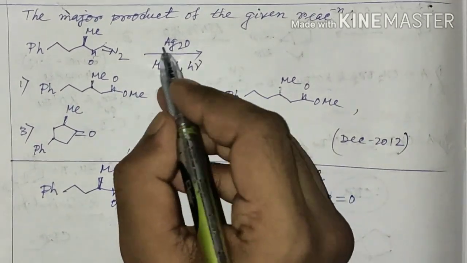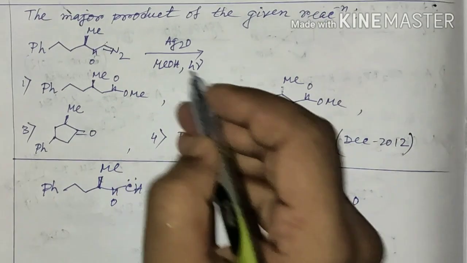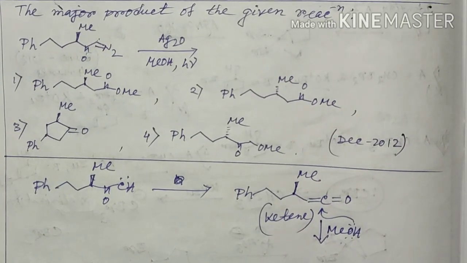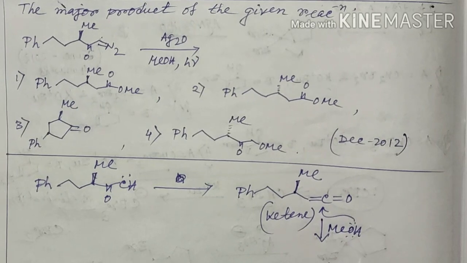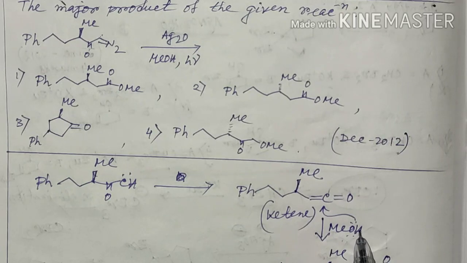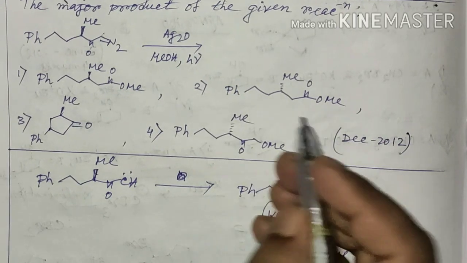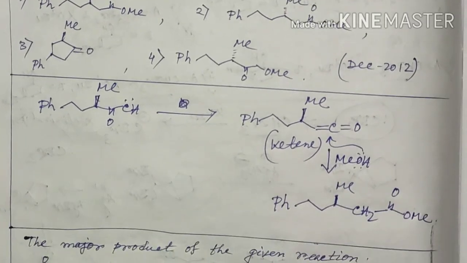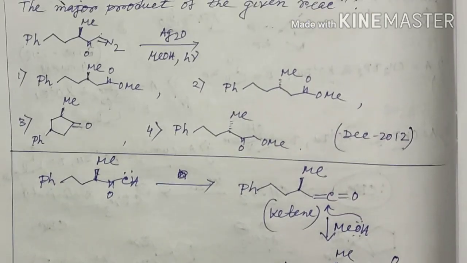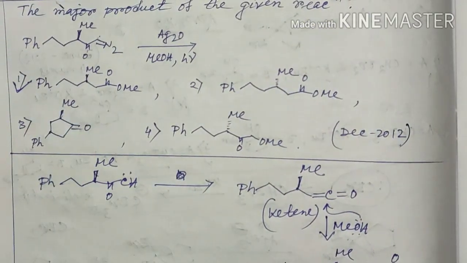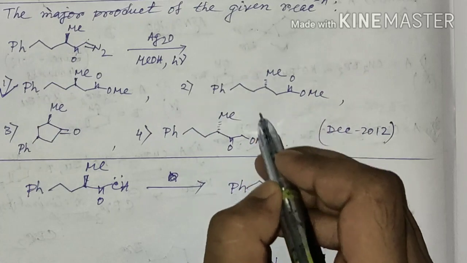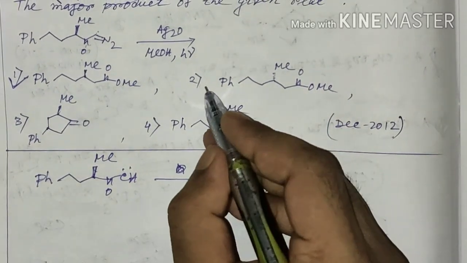And you can see that here is methanol, it acts as a nucleophile and it will attack at this carbonyl carbon of this ketene to form the corresponding ester. Methanol will attack, here will be minus, and that anion will abstract the H plus from this species or another methanol present in the reaction medium. So this will be the final product. So we can see from here that option number A is the correct answer, since the stereochemistry of the alkyl group will not be changed in the Wolff rearrangement. So the other option will not be the answer.